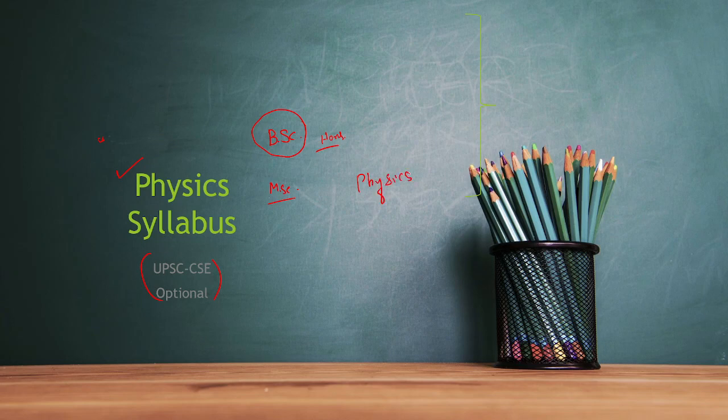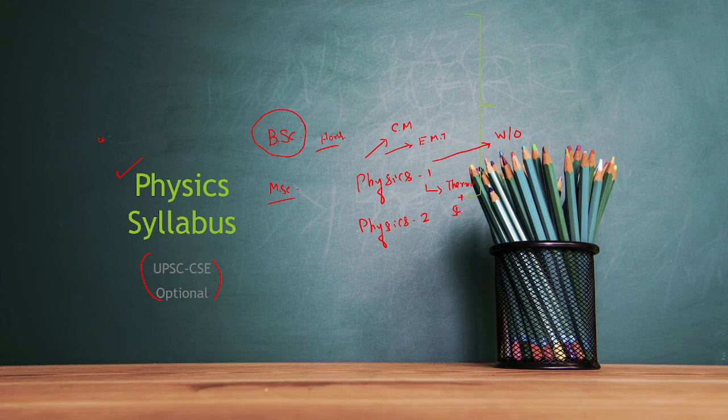Hope you know that in UPSC you have to give two papers of physics. One is physics paper 1 and the other is physics paper 2. So what does physics paper 1 comprise? It comprises classical mechanics, electromagnetism, electromagnetic theory, wave optics, wave oscillation optics and all, and thermodynamics and